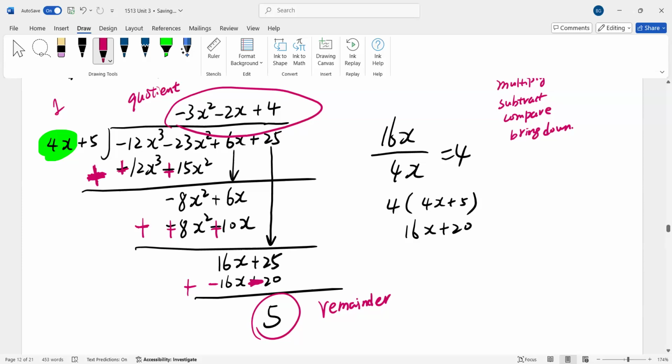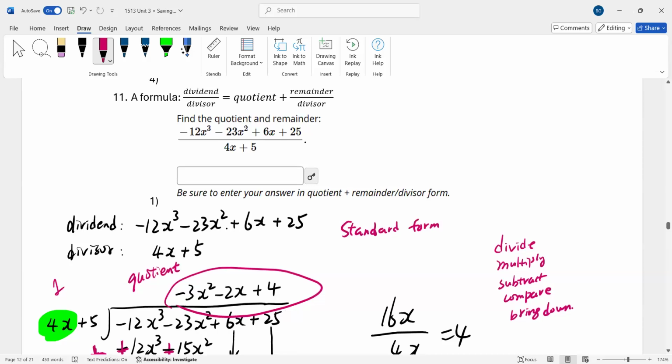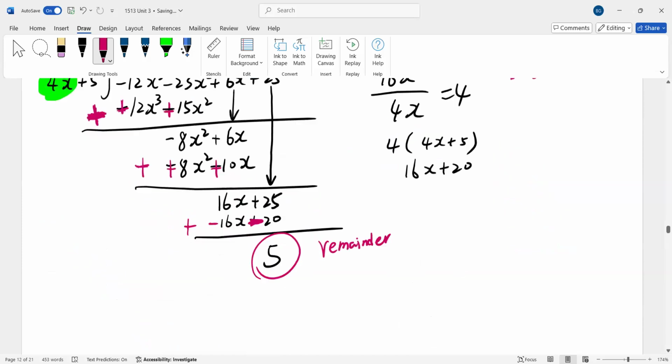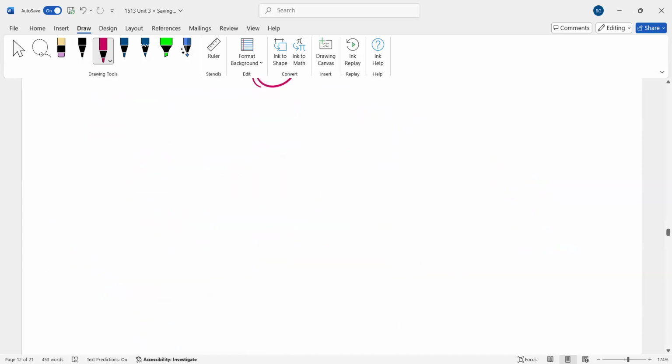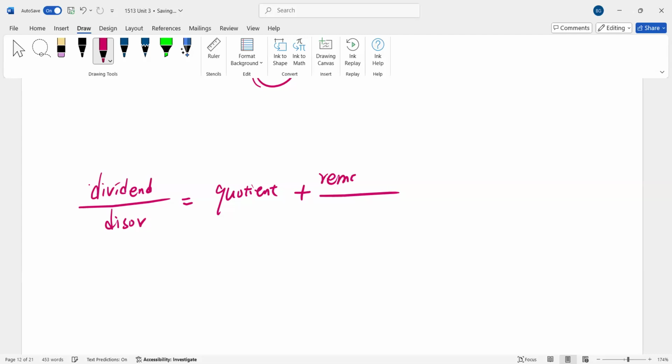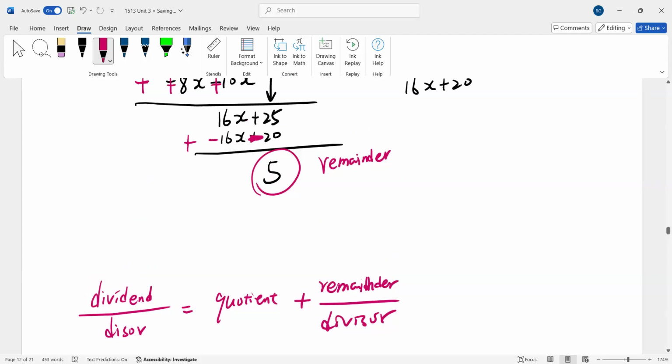The last thing today is to know a format. Quotient plus remainder over divisor format. So we need to know if we divide a polynomial, let's say the polynomial is the dividend, by another polynomial which is the divisor, the result can be written as quotient plus remainder over divisor. Like for this problem,